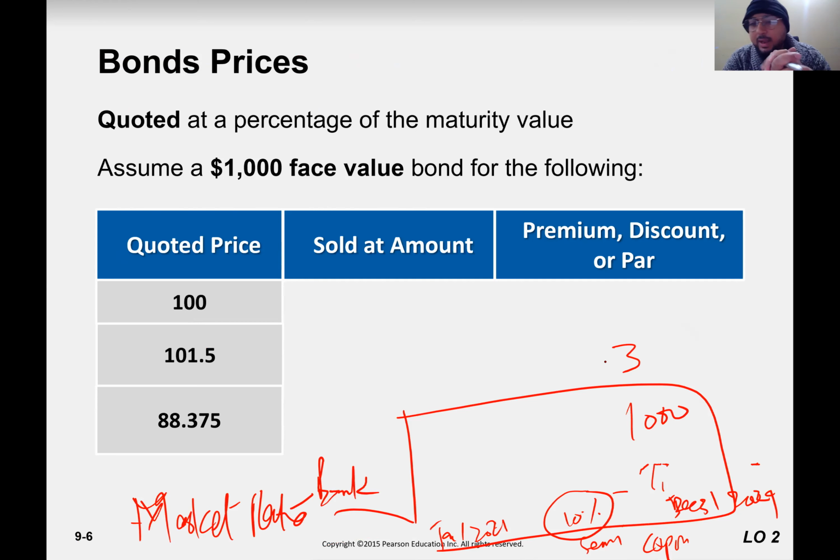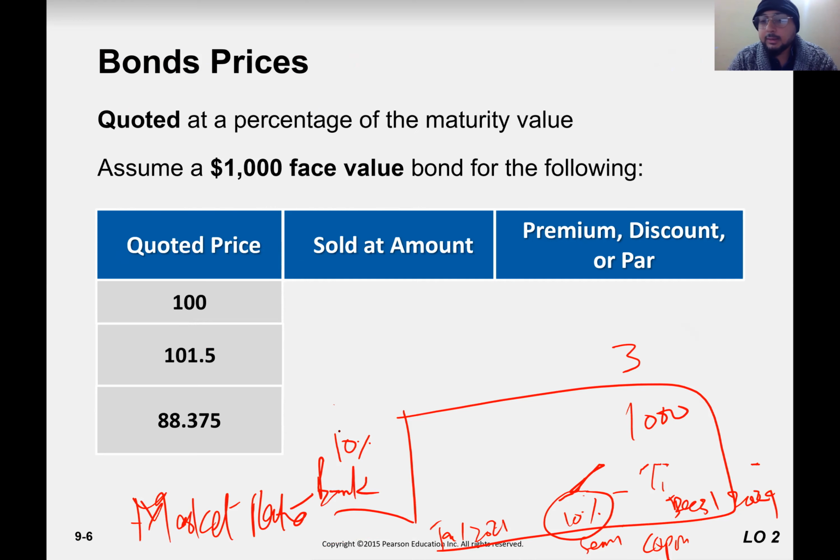But does it guarantee that the bank rate or the market rate will stay the same at 10%? The answer is no. Maybe right now the market rate is 10%, the bank is giving 10%, and the company is also giving 10%. So people are indifferent whether to save their money with the bank or with the company. If you save with the bank, the bank gives you 10%. If you give money to the company, the company gives you 10%.